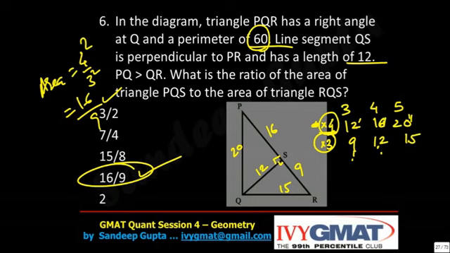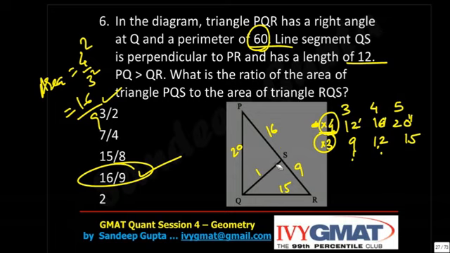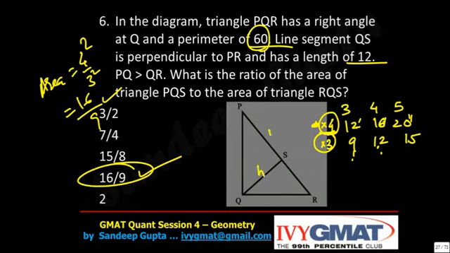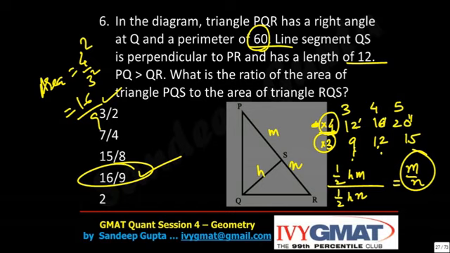Let's see. Yes, that's what I'm coming to now. Let's see the third approach. So easy if you can just think. If this is H, this is M, this is N. The area of one triangle is half of H into M and the other triangle is half of H into N. So what will be the area ratio? M by N. And I know what is M into N. And what is that going to be? H square is how much? 12 square, that is 144.